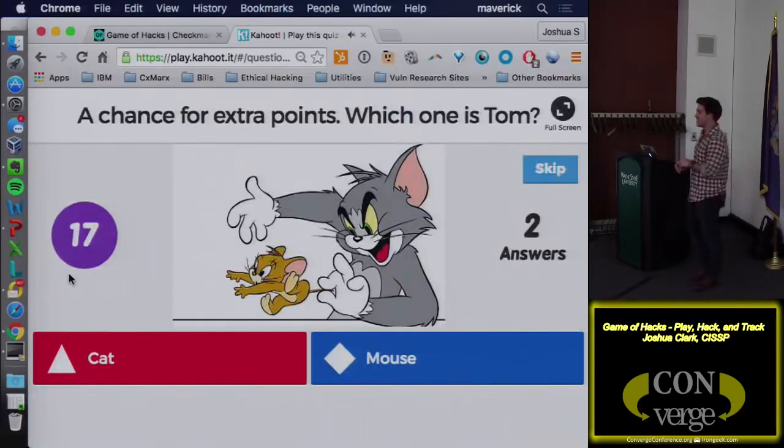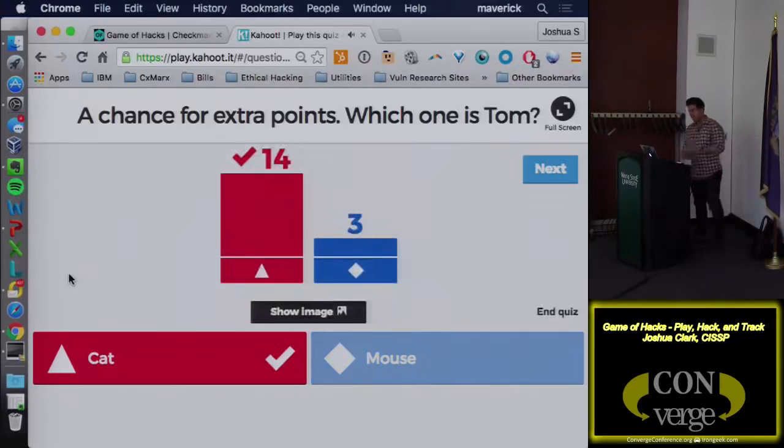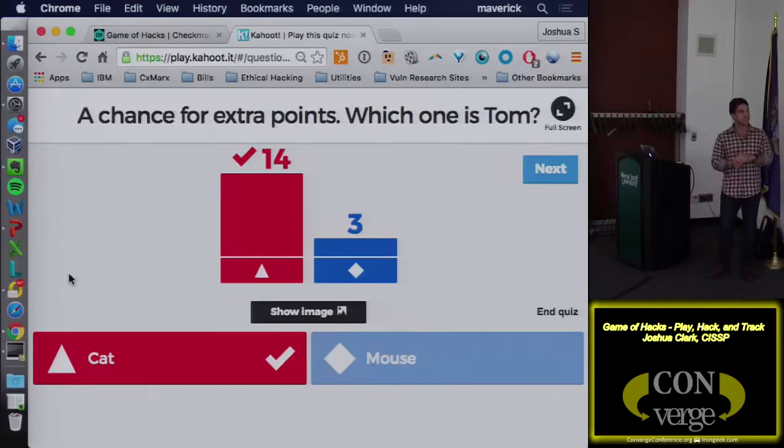Now this one, statistically, you got a 50-50 shot on this one. So hopefully somebody can get this right. There you go. Okay, so I guess some of you guys didn't watch Tom and Jerry when you guys were kids, but that's okay. The cat is Tom. Just so you know. Go ahead and watch some Looney Tunes on Saturday morning, or to revisit that one.